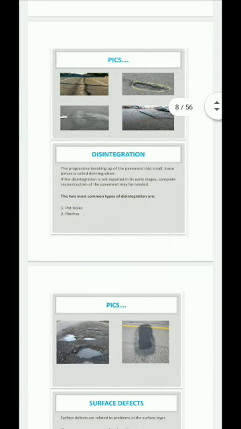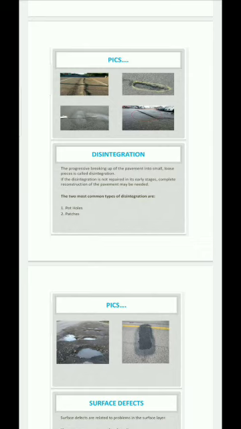So next is disintegration. Disintegration is a progressive breaking up of the pavement into small or loose pieces. If the disintegration is not repaired in its early stages, complete reconstruction of the pavement may be needed. So if the small issues are not paid attention to, of course, as time goes by, it will need a reconstruction of a whole highway or the pavement. So it's much more